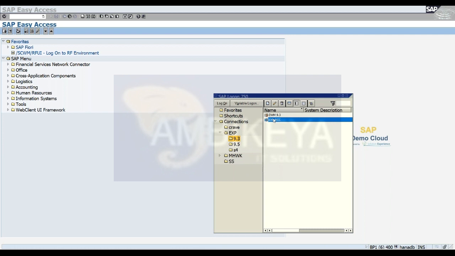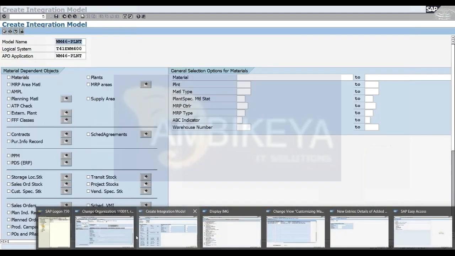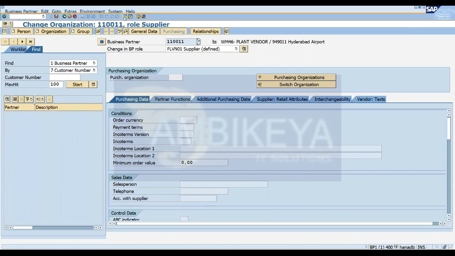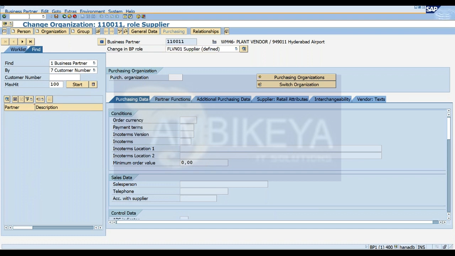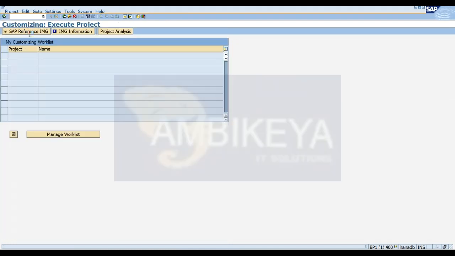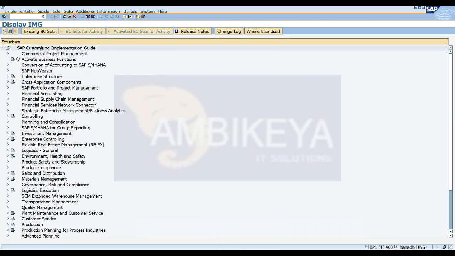Once S4 has come into the picture, SAP is trying to bring both systems into a single instance now, like whatever we had in the earlier SCM boxes. One second, if you see this here, in the normal ERP ones below the logistics execution, we will